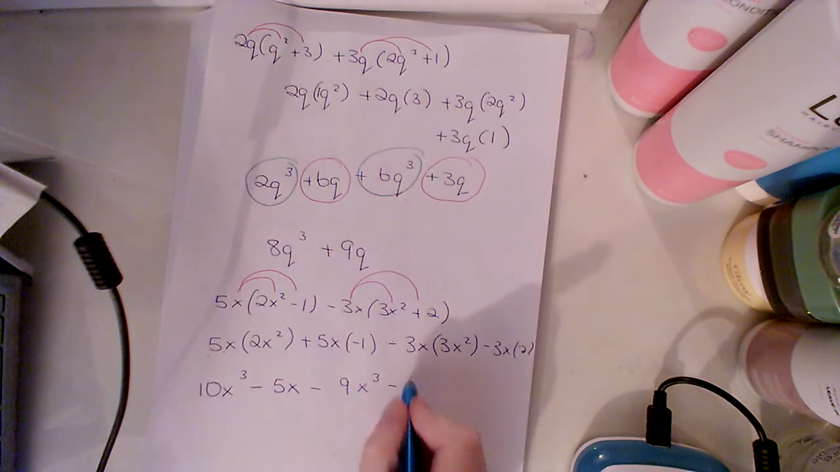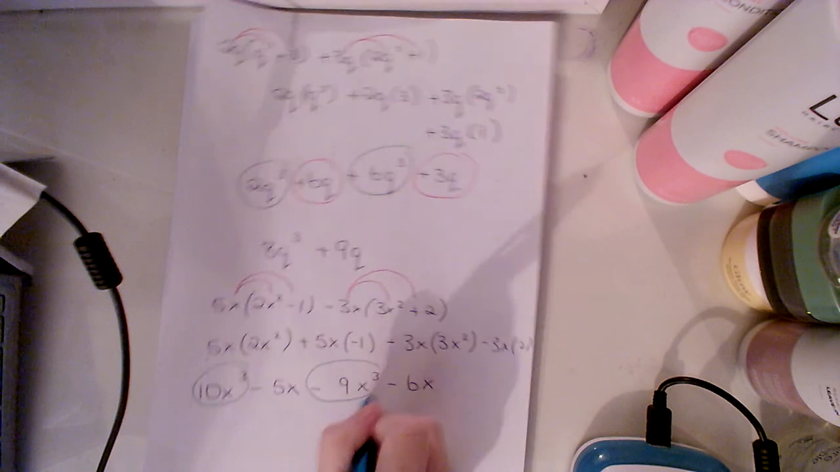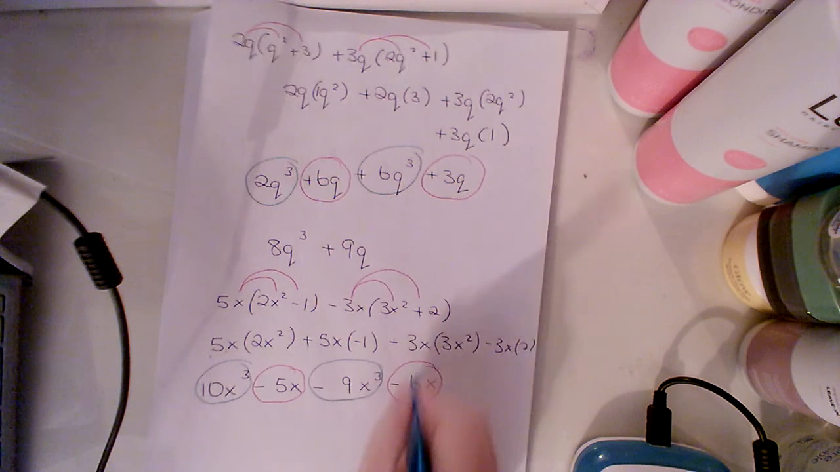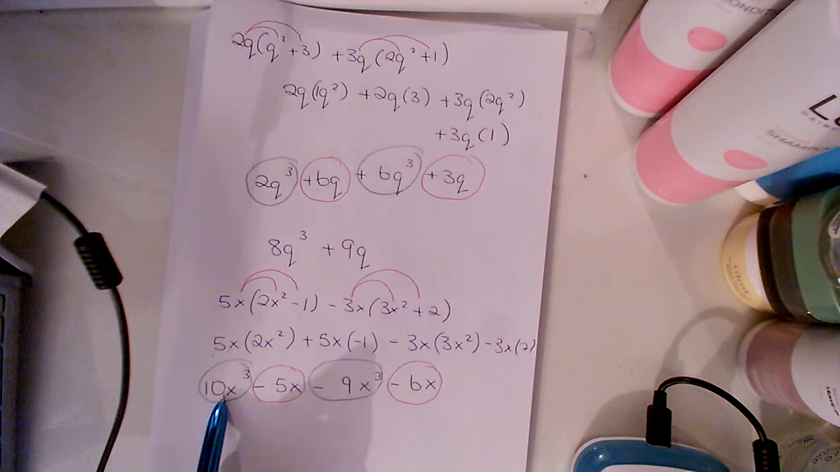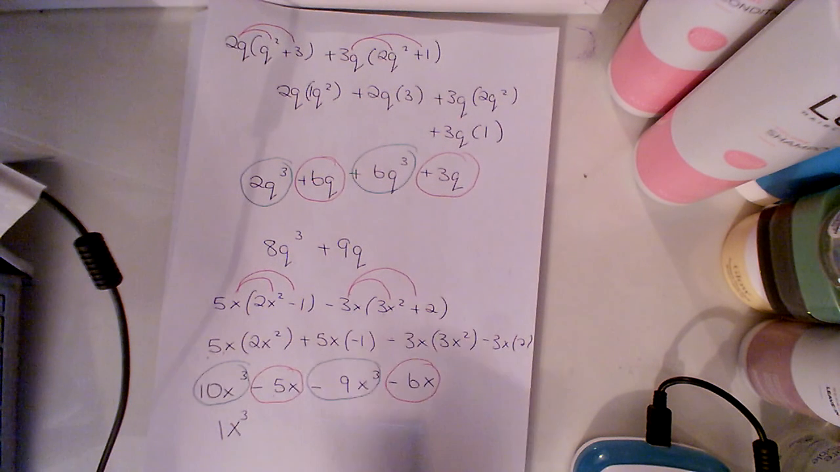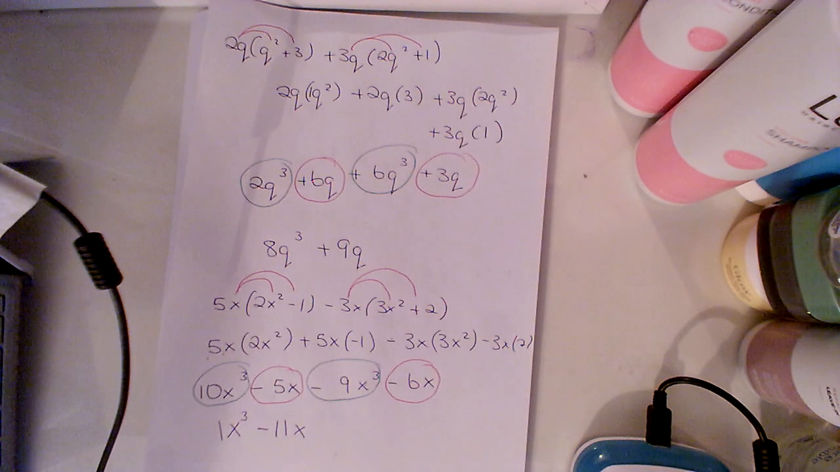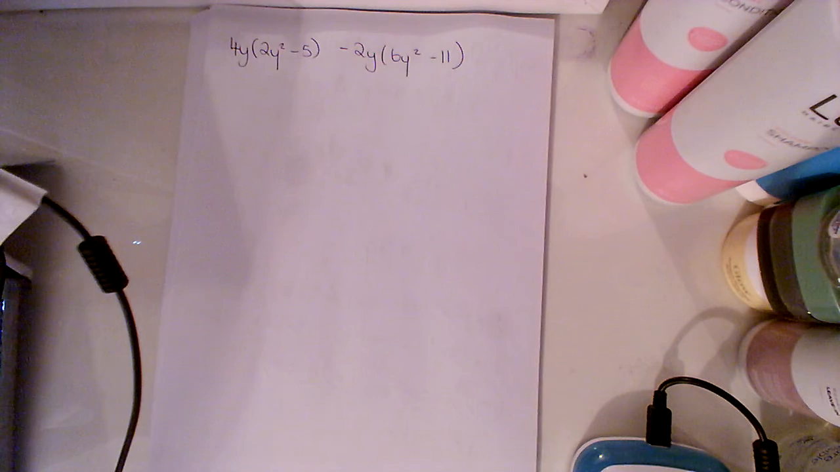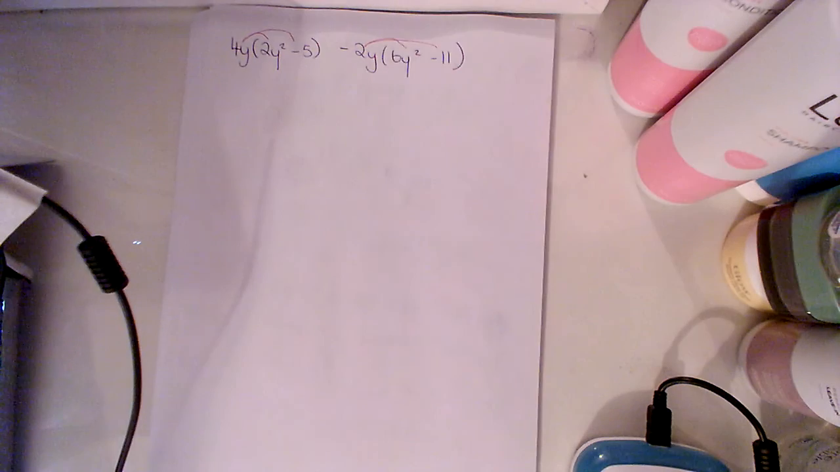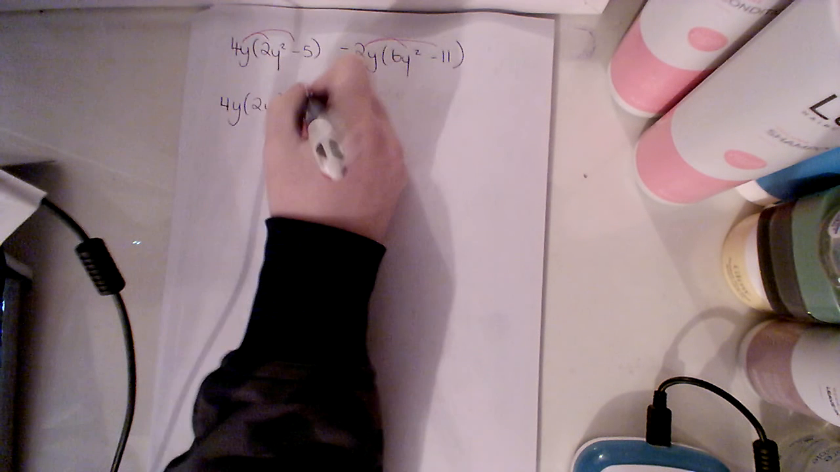The final one that you had then, this times this, my arrows, and I'll rewrite it. So I'll have 4y bracket 2y squared plus 4y bracket minus 5 minus 2y bracket 6y squared minus 2y bracket minus 11. Okay, so 4 by 2 will give me 8, y by y squared will give me y cubed, plus by minus gives me minus 4 by 5, minus 20y,